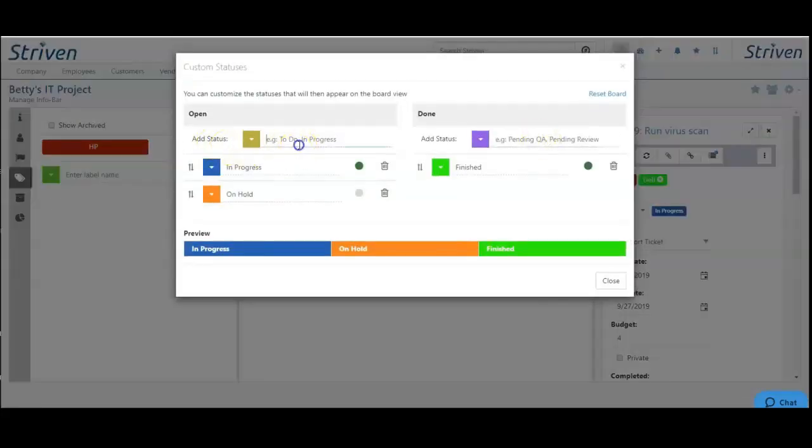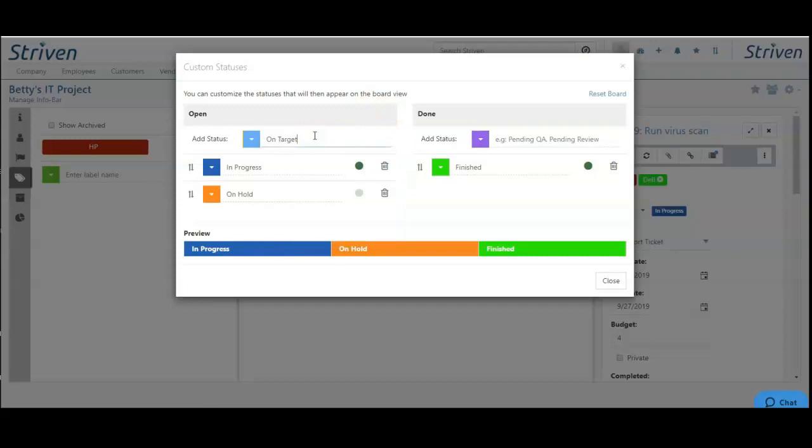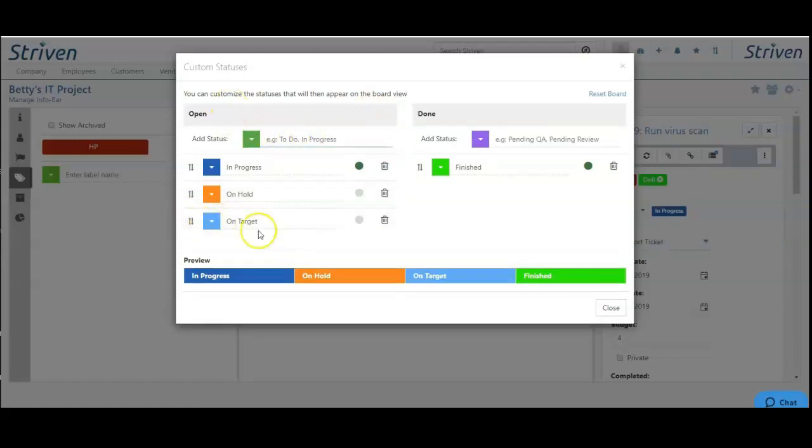In this case, I can put in a new status, such as on target, and change my color options with that color palette from before with our labels. Let's pick a light blue. Once I hit enter, you'll see that the on target status has now been moved into the open side of